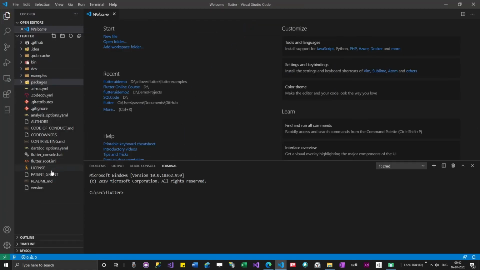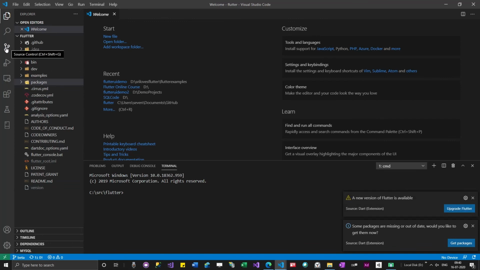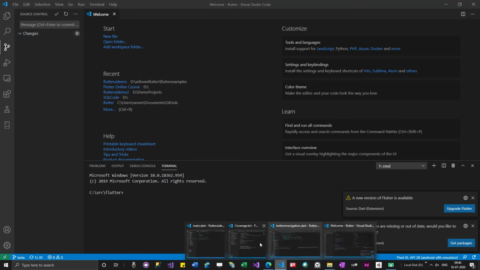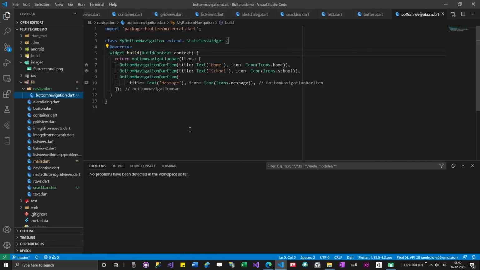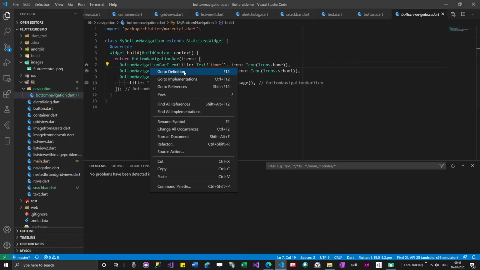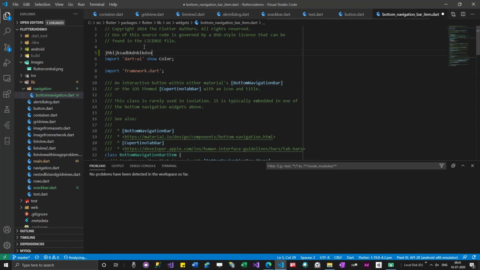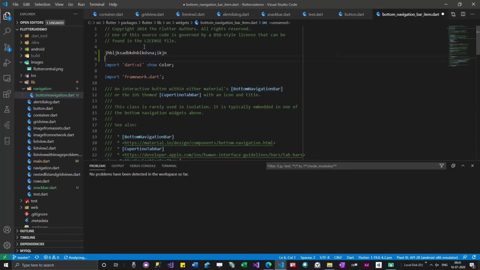I'll just go here and I can see there is a lot of code. You can see the source control option over here. If you go here, it will show whatever changes you are making. Just imagine, this is the app, and if I go to definition and type something, and then accidentally save it, I don't know the previous state of this file.